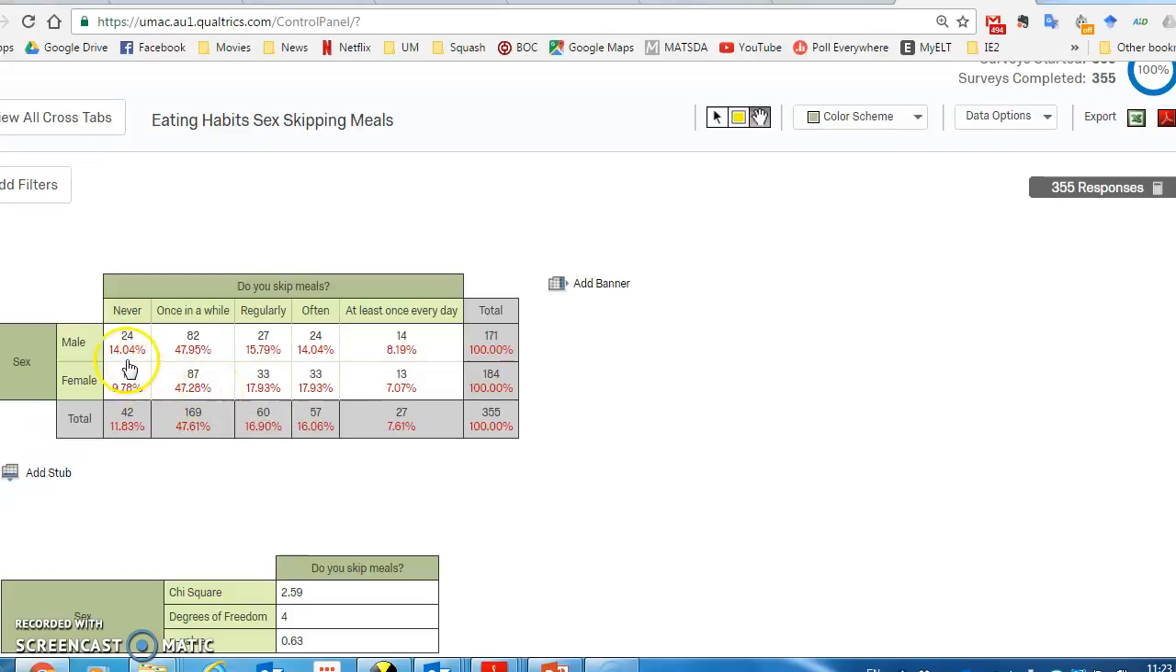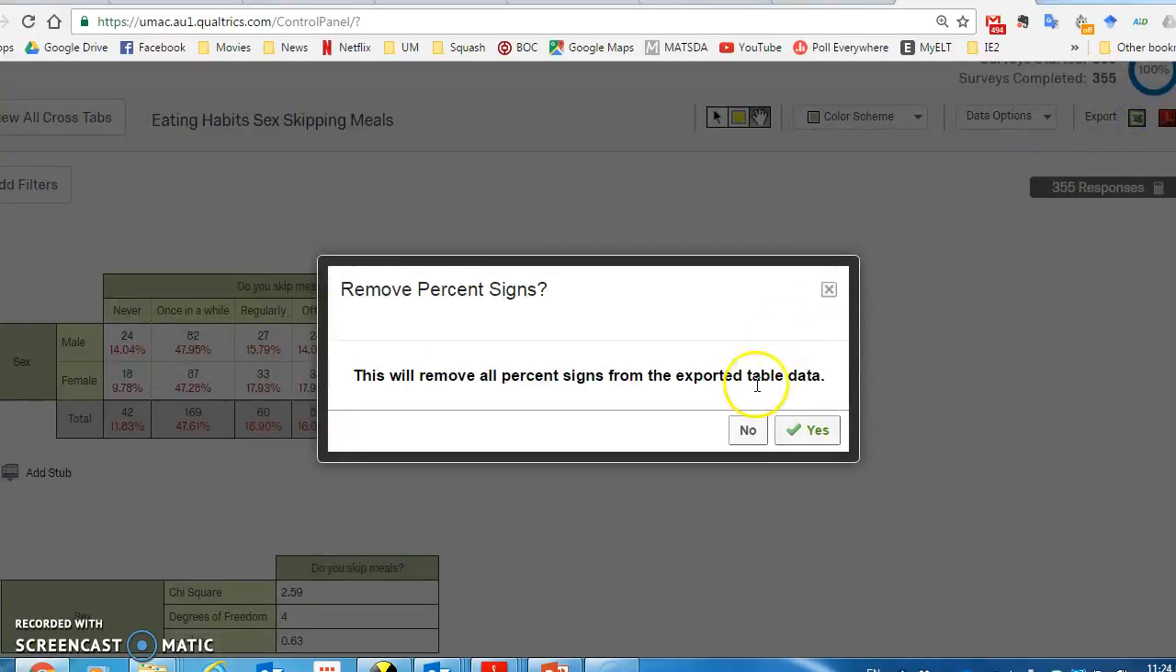For example, 14% of the males said they never skip a meal, whereas only 10% of the females said they never skip a meal. Okay, so I think that kind of information is useful. Now we've created that, we can now export it up here on the right. You see we have the Excel sheet and we have the Adobe PDF. I'm going to use the export Excel, and I just click on that, and it asks me, do I remove the percent sign? So I'll say no,